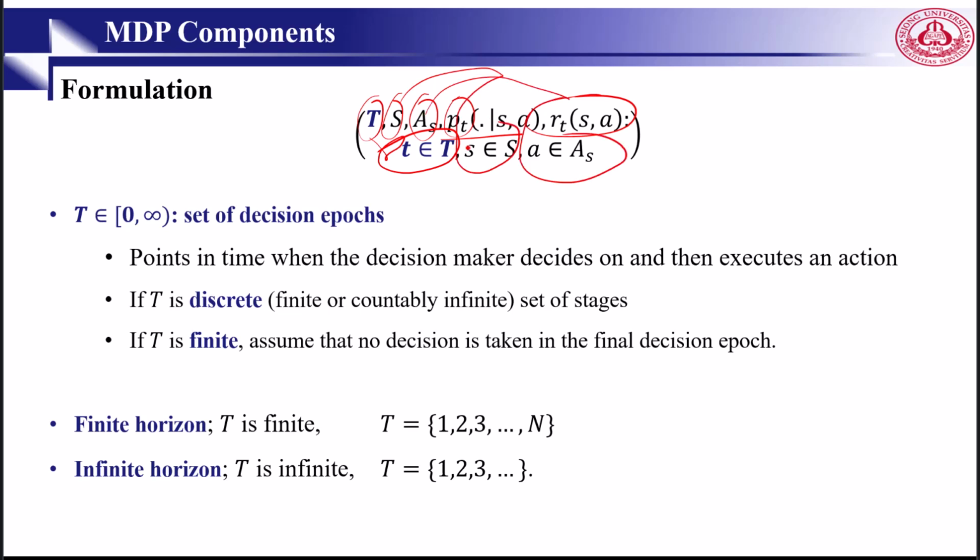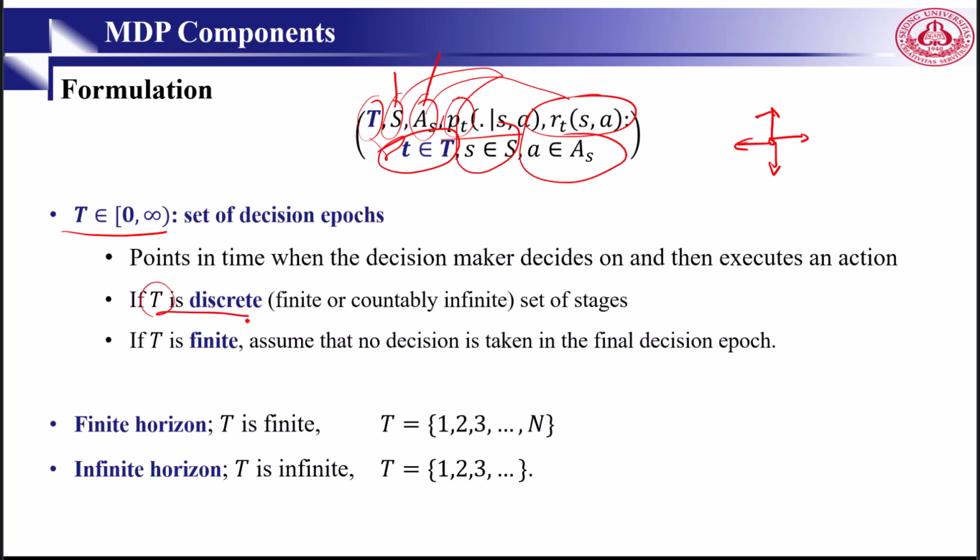What are the states? States are all possible configurations in which the agent can exist. Actions are all choices available to the agent at each state. For example, the fox could move backward, right, left, and forward. These are possible actions. Then we have a transition function. This is a probability distribution describing where the agent lands after taking an action.